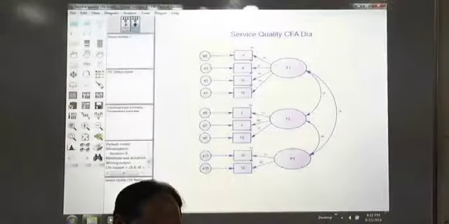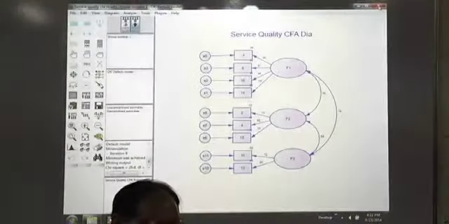Alright. Now, for the time being, we will close the CFA model, because I will be working on regression first. Next is regression. But before I go on to regression, I will show you something, and that is, what are the assumptions of regression? Okay, now these are some of the assumptions of linear regression.